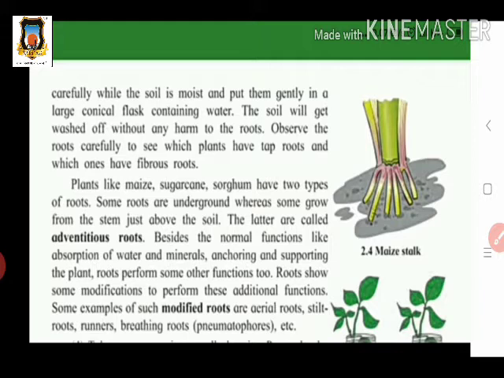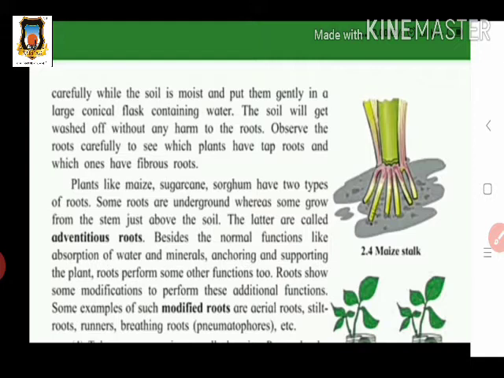We take 4 types of seeds and sow them in soil. After cultivating for 8 days, you have to observe all these plants' roots and note down the types of roots, which plants have fibrous roots and which plants have the taproot. So you do this activity at your home. For that you should know about monocotyledon and dicotyledon plants.